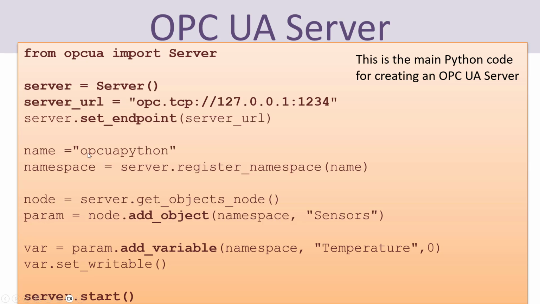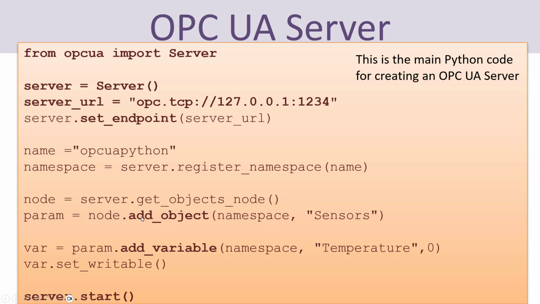I just name it OPC UA Python or whatever, and then I establish a namespace and register that one in the OPC UA namespace,